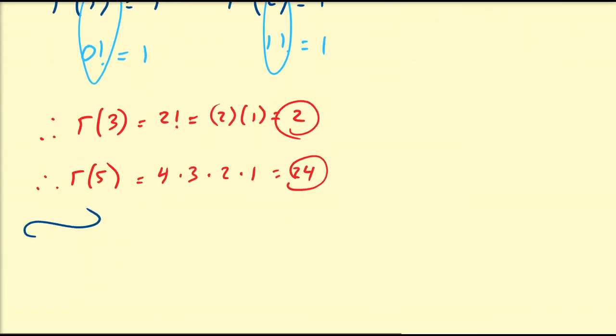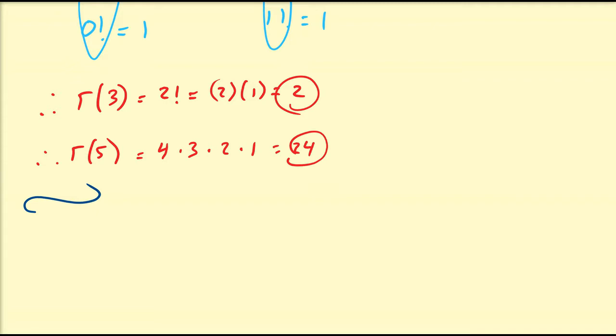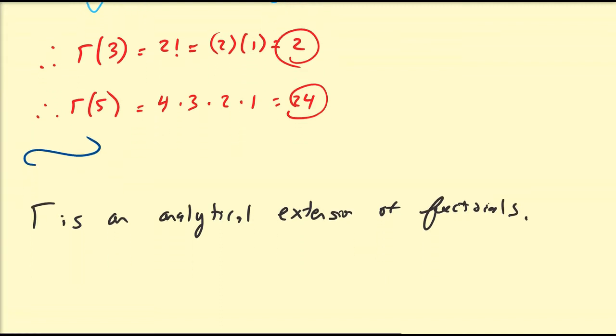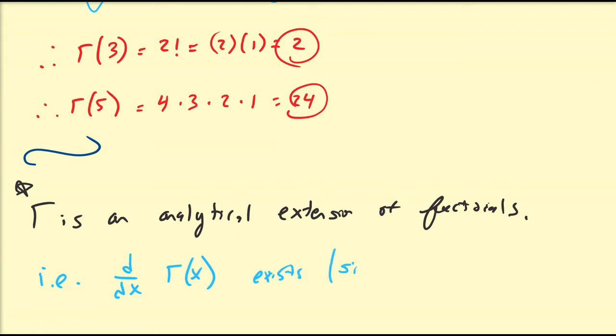So a very common misconception, or thing that a lot of people get confused about, is that gamma is an analytical extension of factorials. That is, the derivative of, say, the function gamma x exists since gamma is differentiable and moreover continuous,